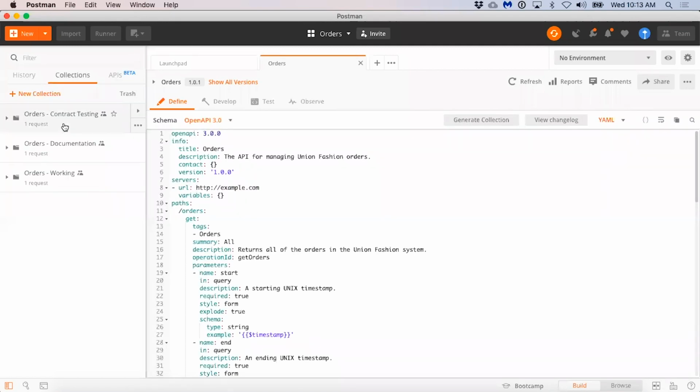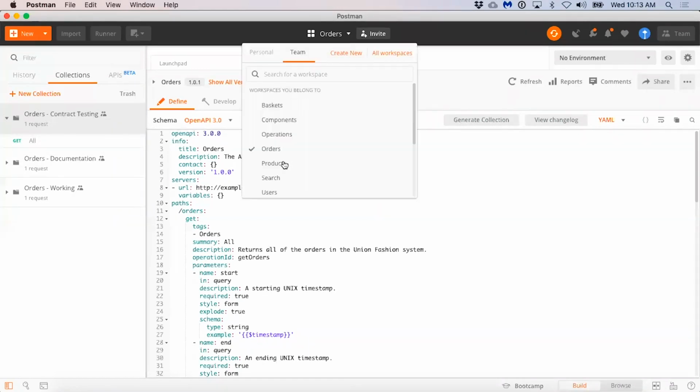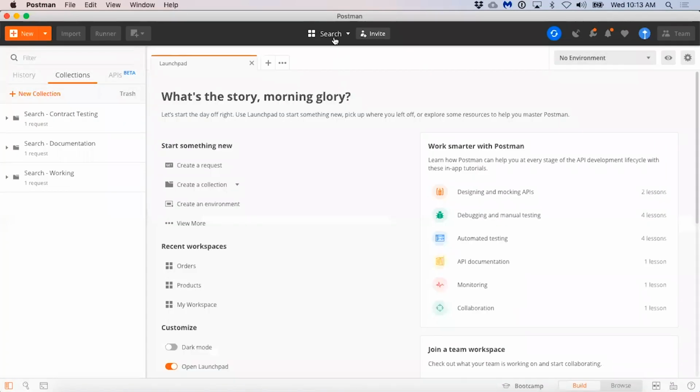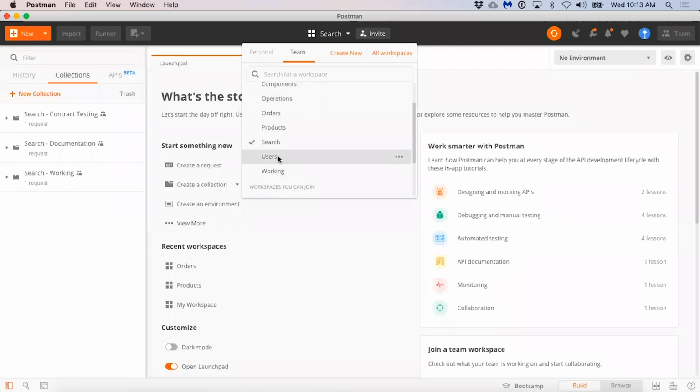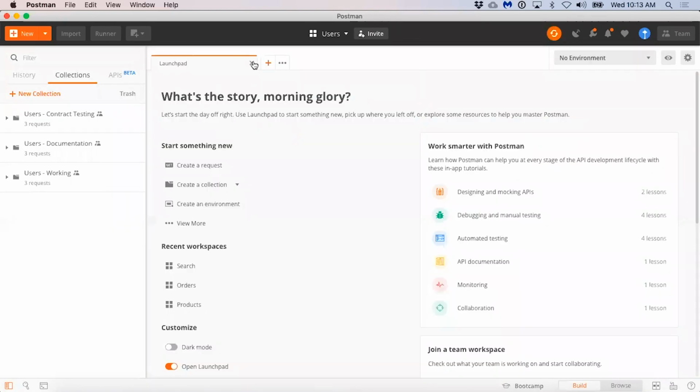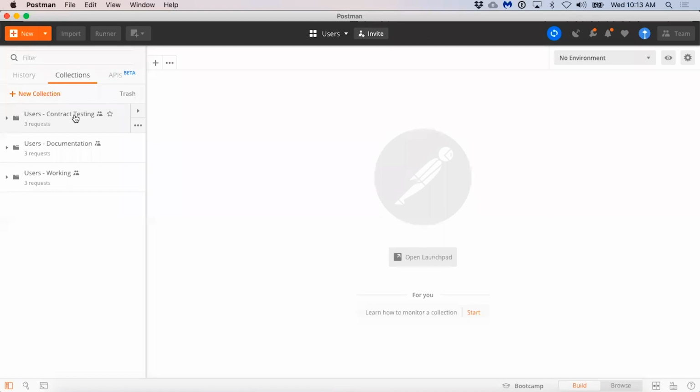I've got my contract testing. I can actually run tests and make sure that's working. And I can do that for each of my APIs, for search, for users. They all have a consistent naming convention, a consistent contract and contract testing,